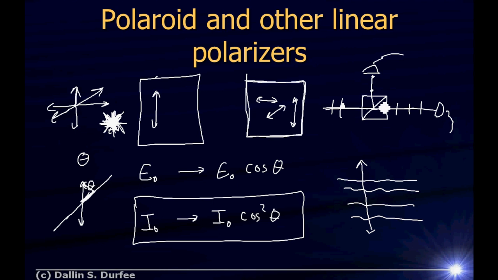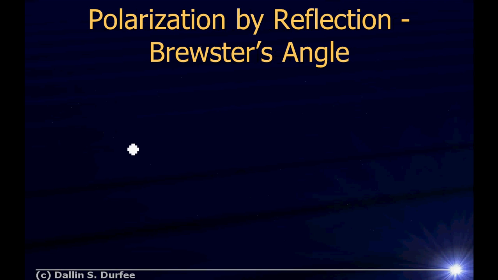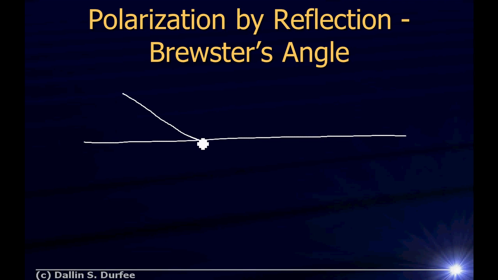But I also mentioned there are different ways to make polarizers. And it turns out when you reflect off of a non-conducting surface, it messes with the polarization. So imagine, if you will, I have the surface of a lake, and here comes some light. What happens? Some of that light's going to reflect, and some of it is going to transmit. And the light that transmits refracts, right? And we can use theta 1, theta 2, Snell's law and all of that.